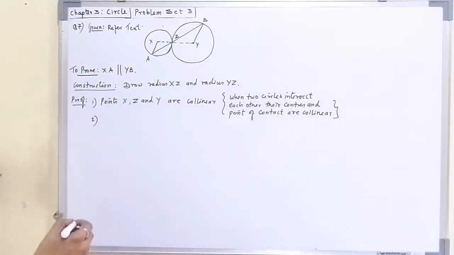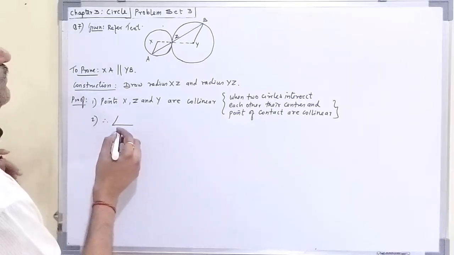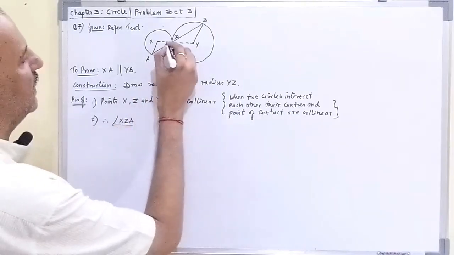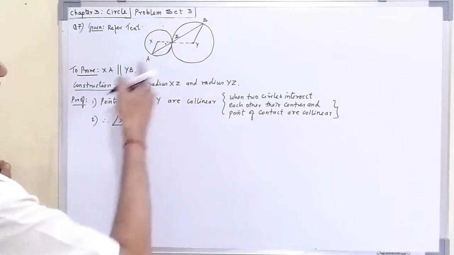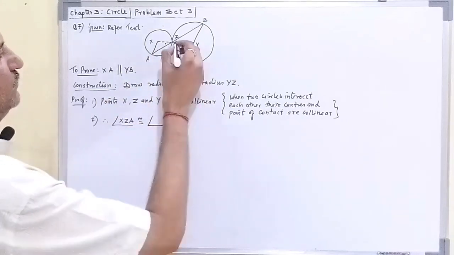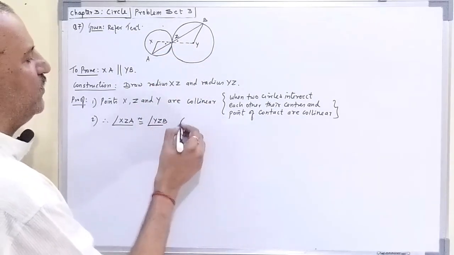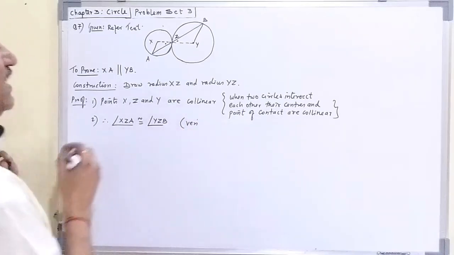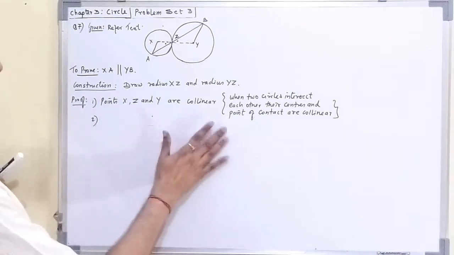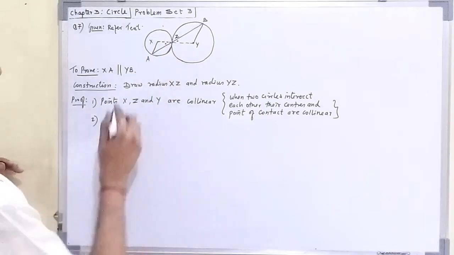Statement number 2. Therefore, angle XZA, देखो ये angle, this angle XZA congruent to angle YZB, ये हो गया आपका वर्ड। तो हम डायरेक्टली लेते हैं ना, एक स्टेटमेंट बचा देंगे थोड़ा सा, हम लोग ये लेते हैं, ये काफी हो गया, अब ये लेते हैं।